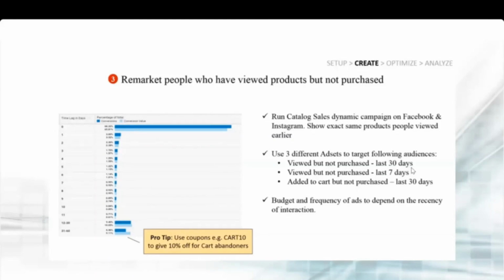Different targeting options I can select for the audiences, right? So audiences who have not purchased within the last 30 days, 7 days. So these are some of the strategies I can apply. So remember, people who have already purchased in 1 month, they will never want to purchase again, right? So you can define those kinds of audiences.